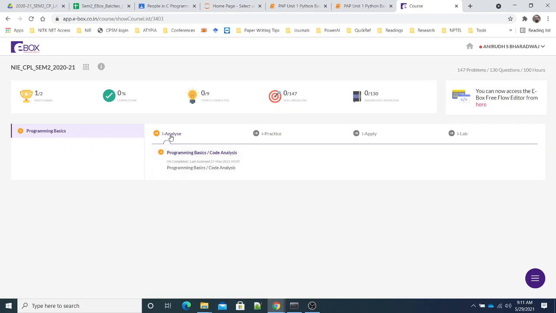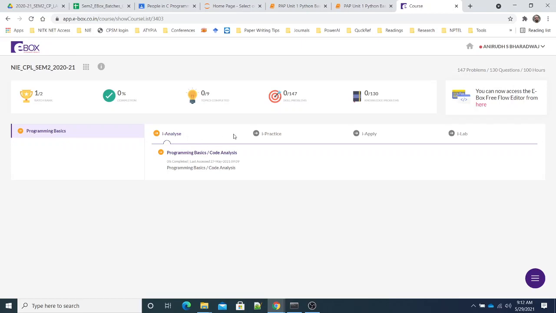I analyze is some code analysis kind of questions as well as multiple choice questions. So code analysis means you will not be typing a program in code analysis. There will be a jumbled code given. You may have to rearrange it, or in a program some lines may be blank. You may have to fill that and submit it. That is the kind of problems you encounter in iAnalyze, or you will get multiple choice questions. Then for your C programming lab, this will be evaluated for 5 marks.